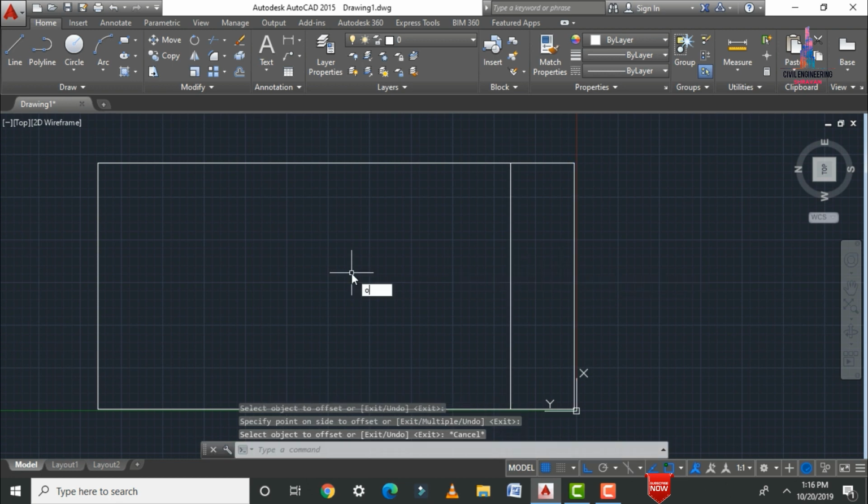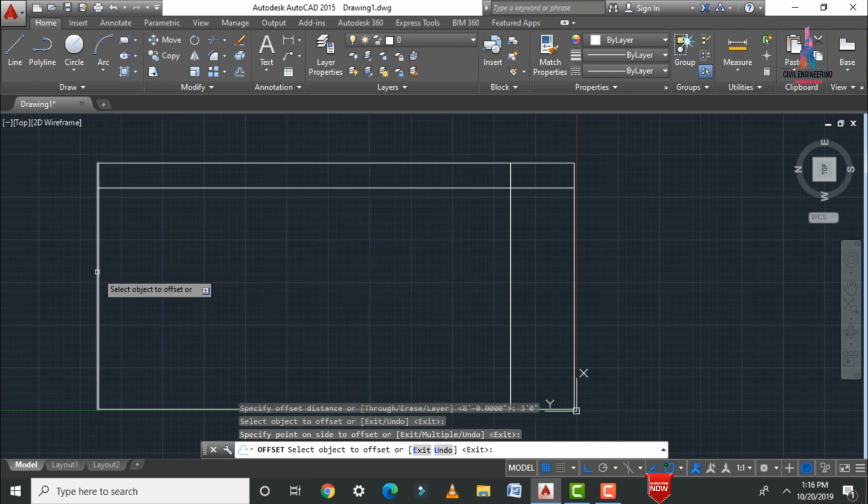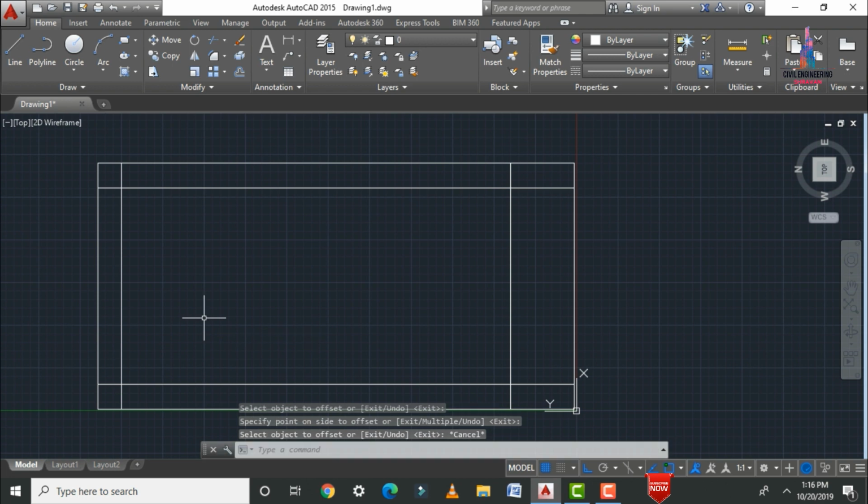So after that, again I am drawing one more offset, related to a distance of 3 feet 0 inches, in the top section here like this. After that we have to draw one more offset. I am drawing the back side, and here I am drawing this respective offset like this. After that we have to trim the excess portions, TR double enter. So here I am trimming this respective excess portion.